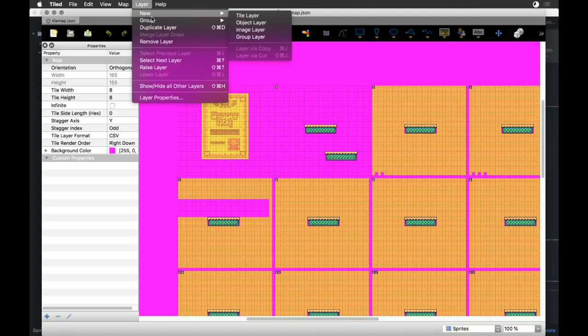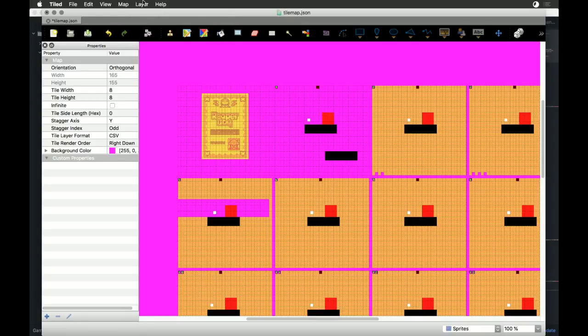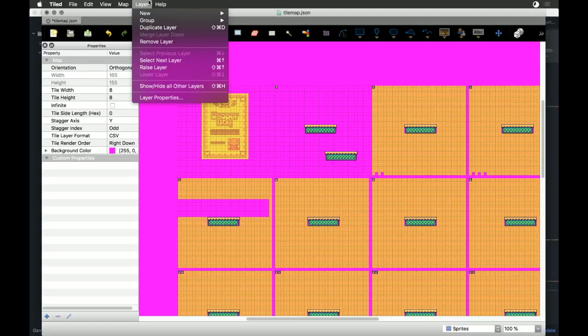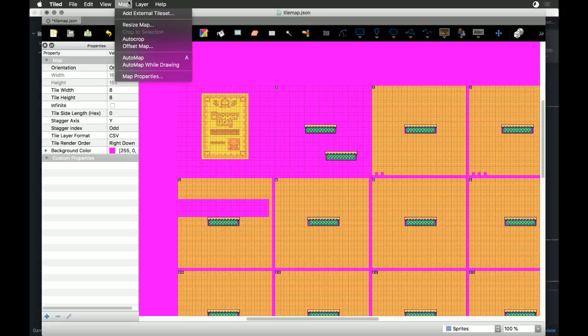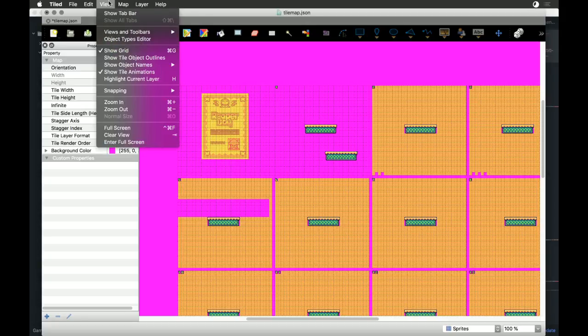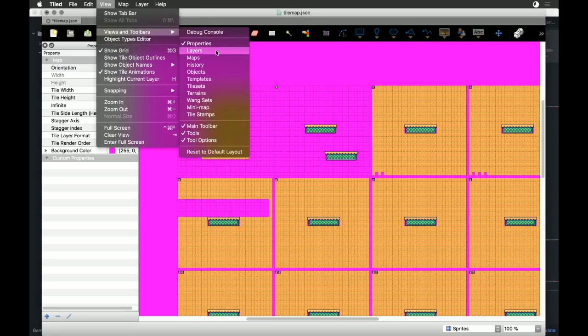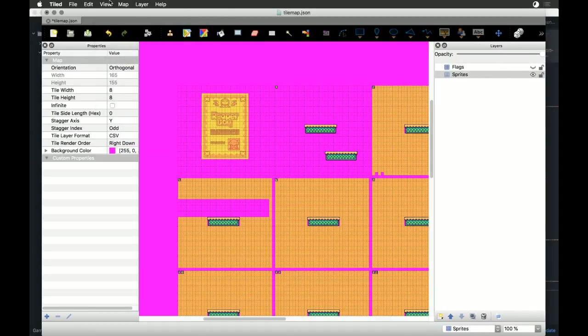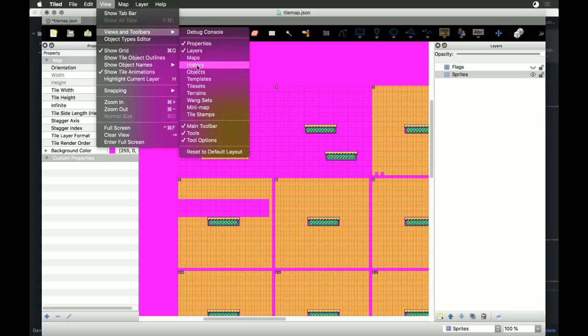New, object layer, group, remove layer, select, raise, show/hide all layers. So now I can't switch between layers because I can't find the stupid window to do it. Here we go. Finally. Layers. That took forever. View, tools, no,